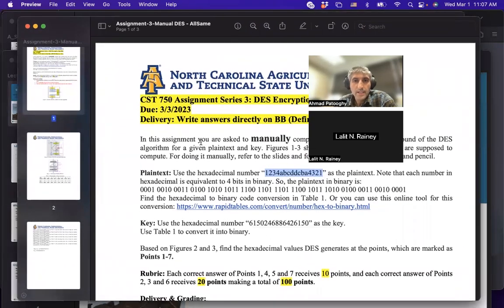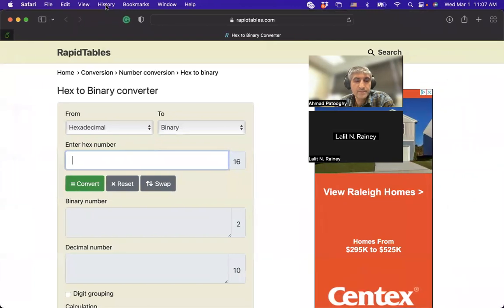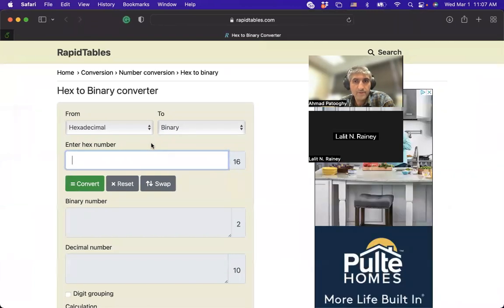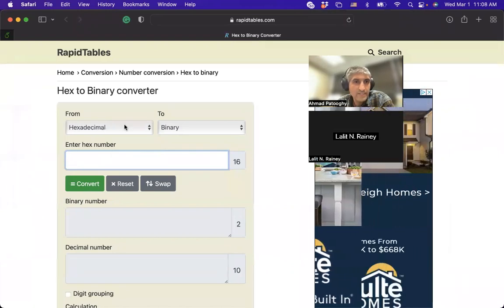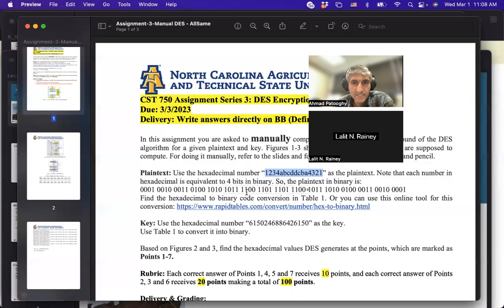Okay, great. So I'm going to go to this page, and you see the online converter now, right? Yes, sir. Okay, so let's see how we can use this online converter to convert from hexadecimal to binary. There are a lot of different things that this tool is able to do, but we only want to convert from hexadecimal to binary. So I copy the value I had in the assignment, which is here, 1234ABCDDCBA4321. I copy it